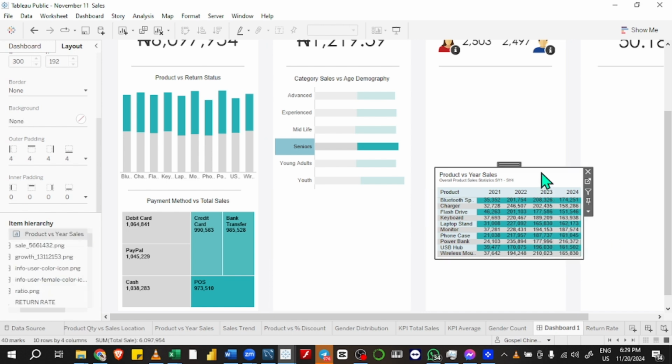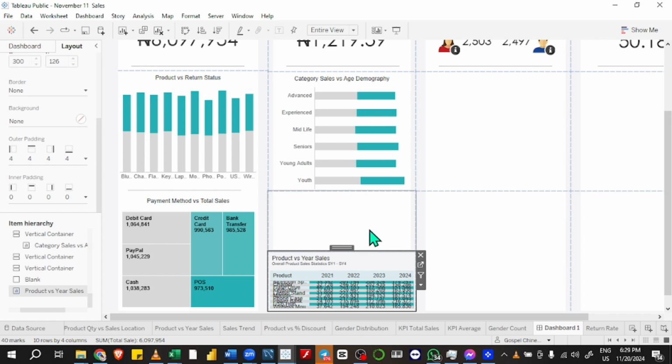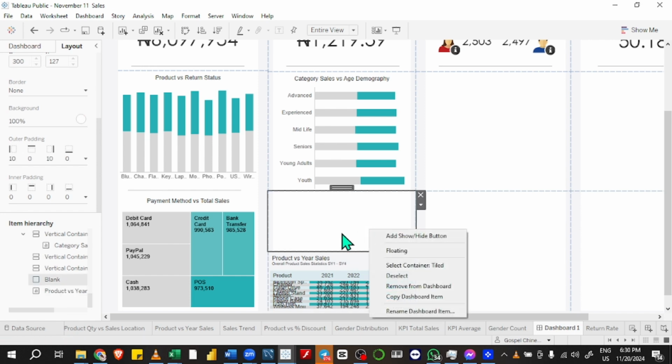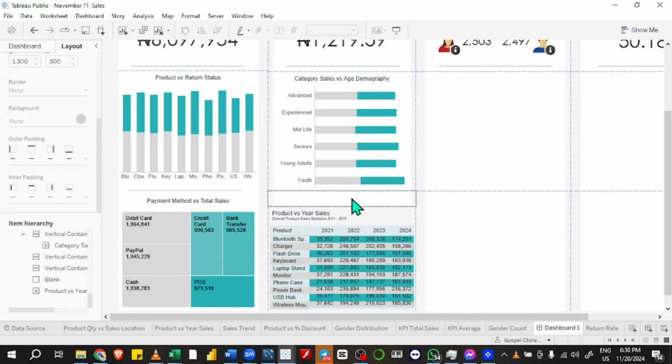All right, so we'll get this and then we'll put it back in here. And we'll make sure this is fitted properly. We're actually looking at